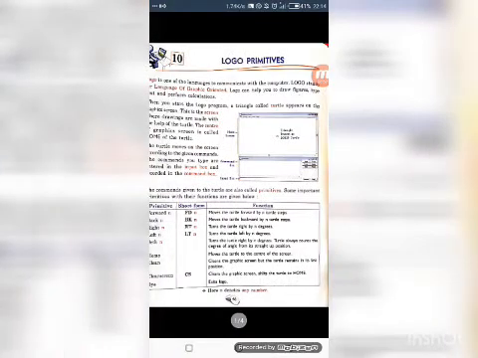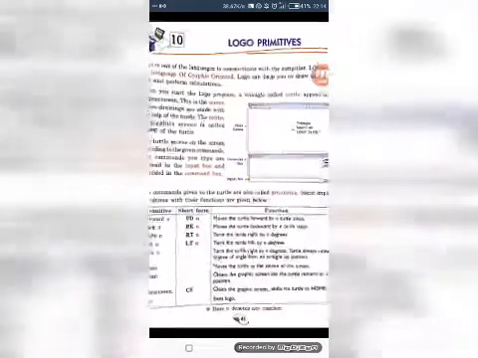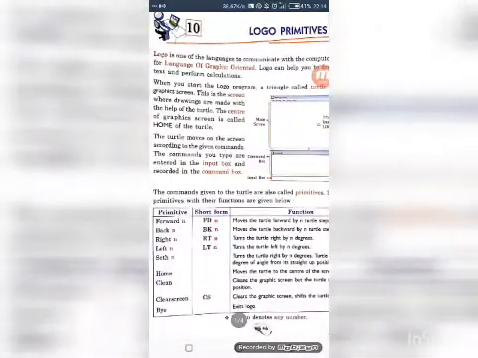So here we will study about some basic commands or primitives. For moving the turtle forward, we use the short form FD, forward, in forward direction. And what is the meaning of n? N can be any number.